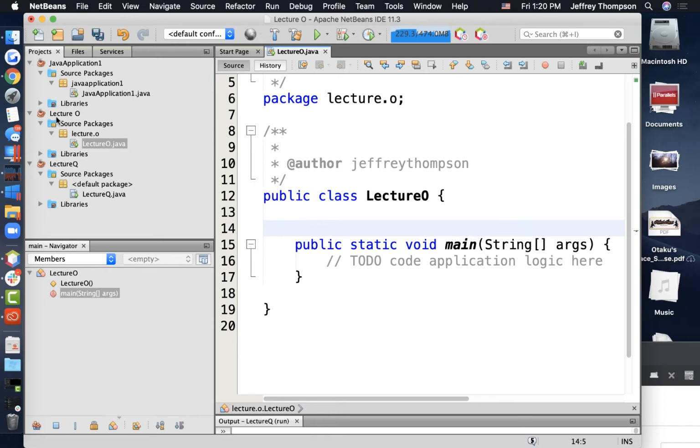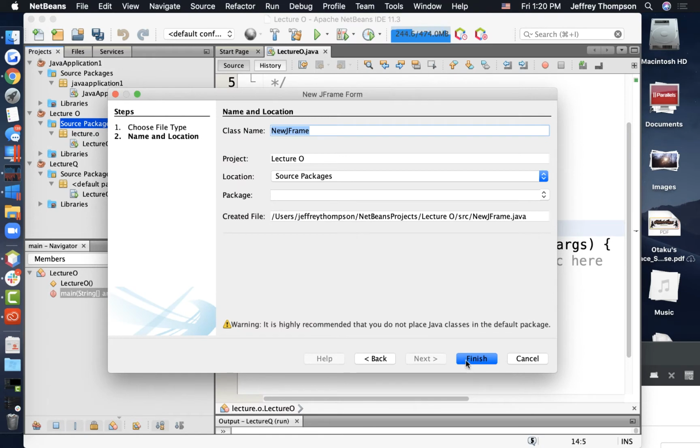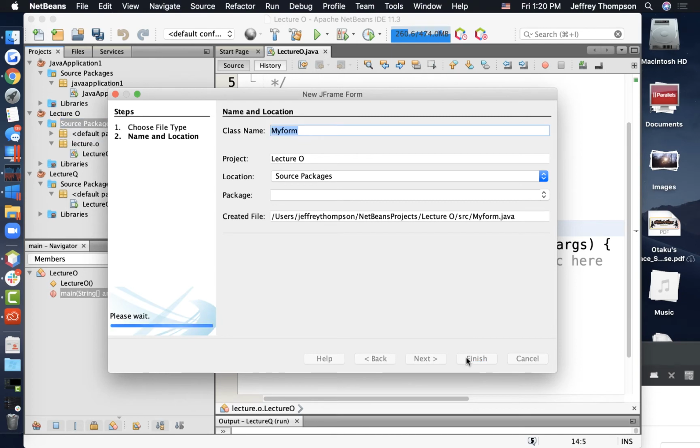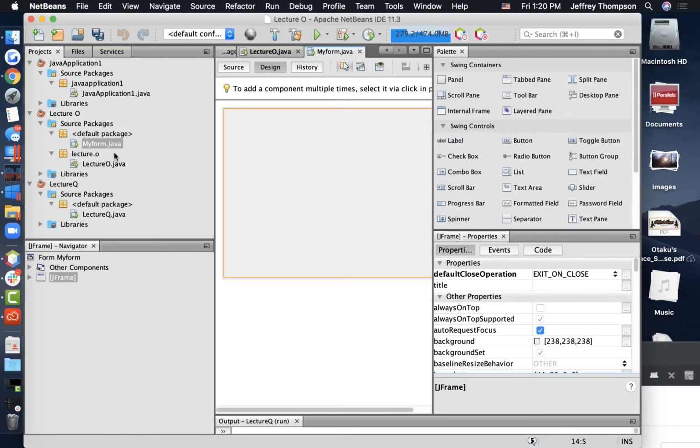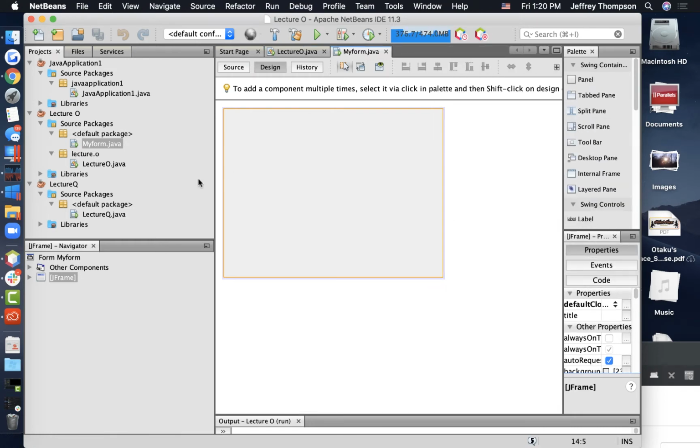What I'm going to do is go back to our source packages and do new JFrame form. I'm just going to call this my form, some kind of distinctive name. All right, when I run this, it's not going to do anything. We're not going to see any output. Main's not doing anything. In order to get it to run this form, I need to create an object using